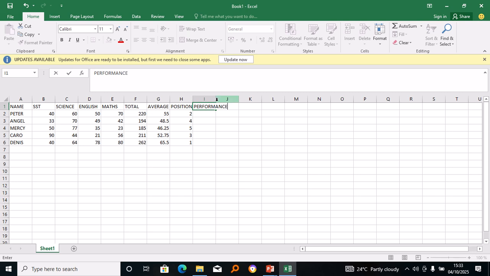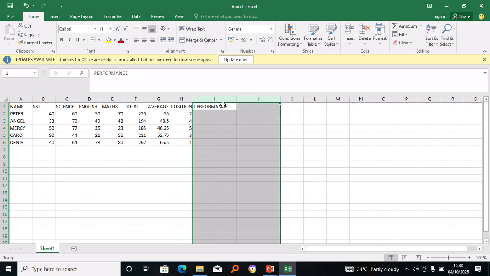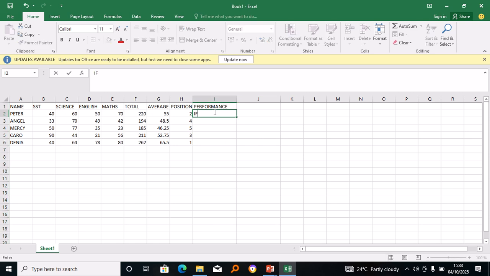So we shall find out using this function that we are going to apply here which of these students are to be promoted to the next level. Equal sign if, open the bracket,